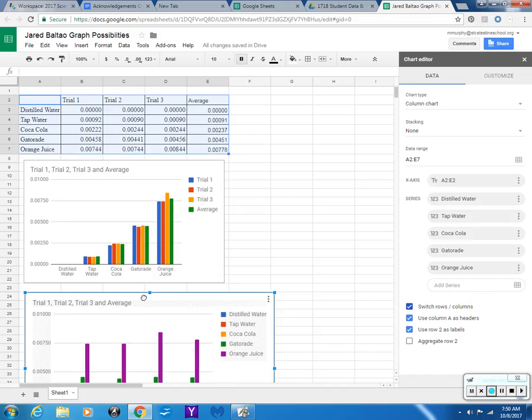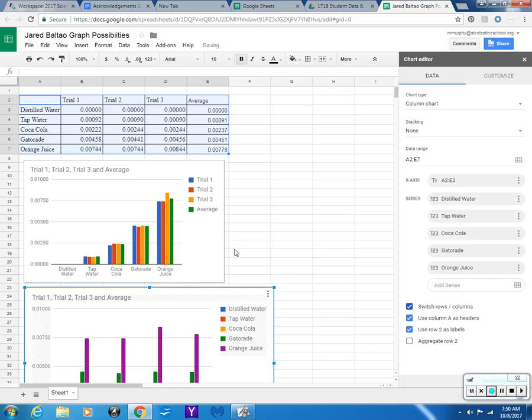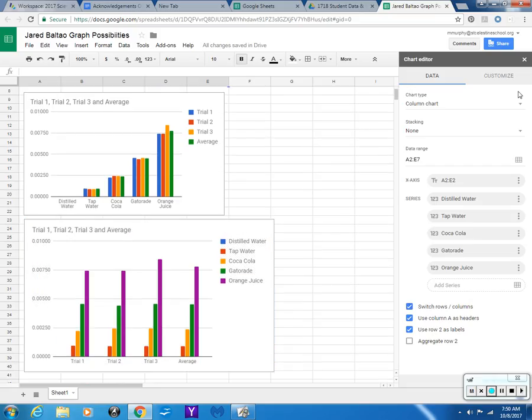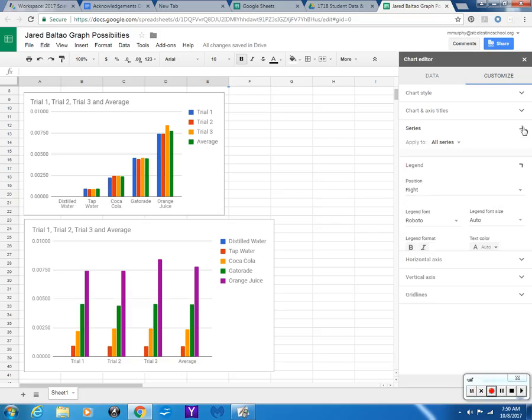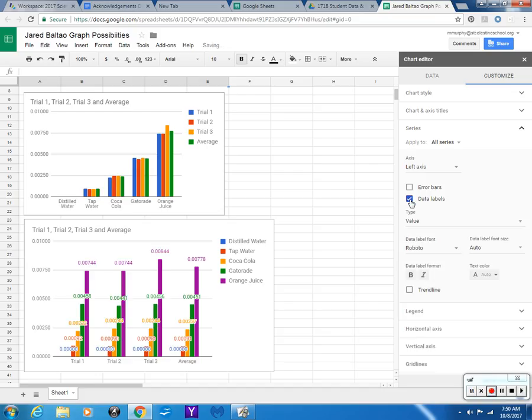So let's go down here. We'll scroll down a little bit. There we go. And let's go to customize and let's put the labels on. So just have to remember where those are. It's on grid lines, on legend, series. Maybe it's in series. Yeah, series. So if you put the data labels on those,